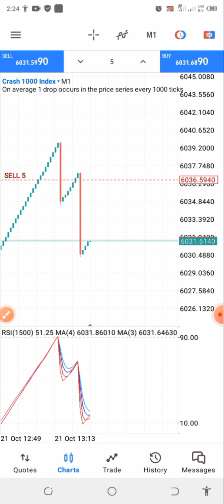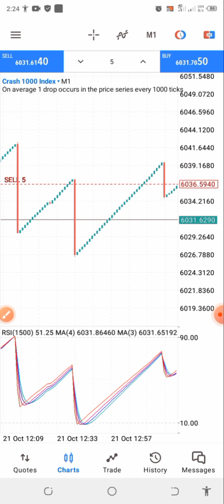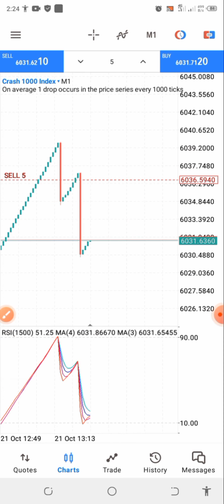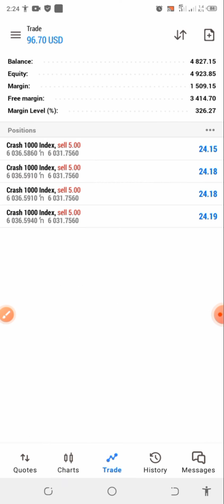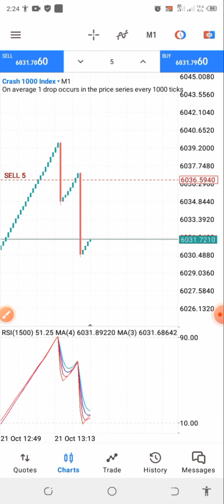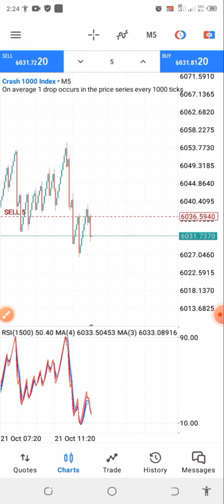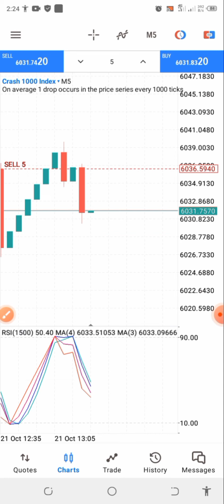This strategy is mainly used to catch spikes. It's a spike detector strategy, and it's one of the key strategies you can be using to make money through Boom and Crash. Consider that I've already run into $90 plus profit. So I will be expecting more spikes here in this trade,